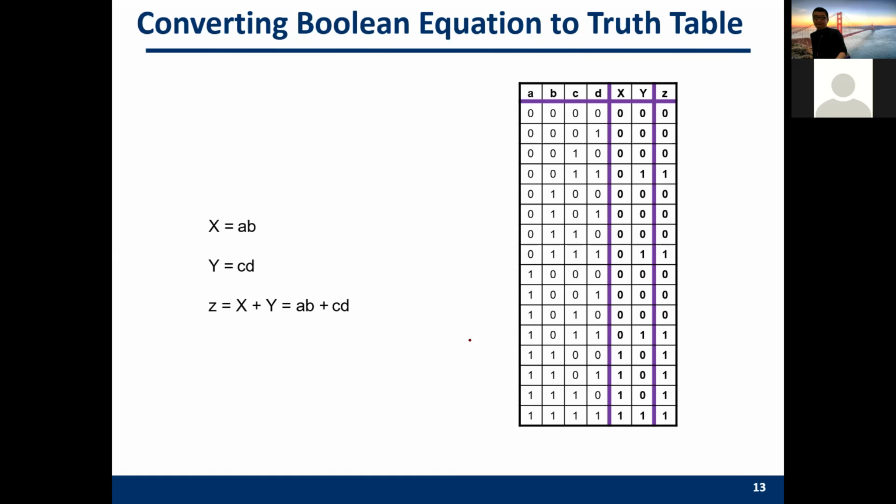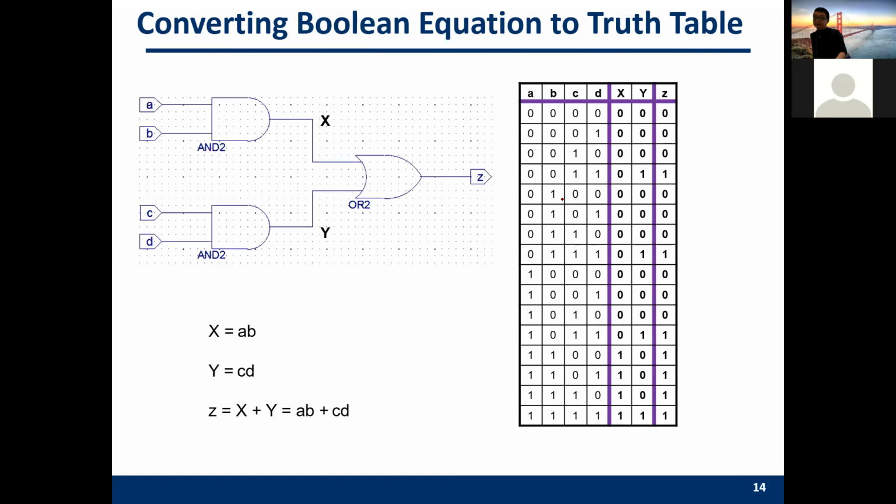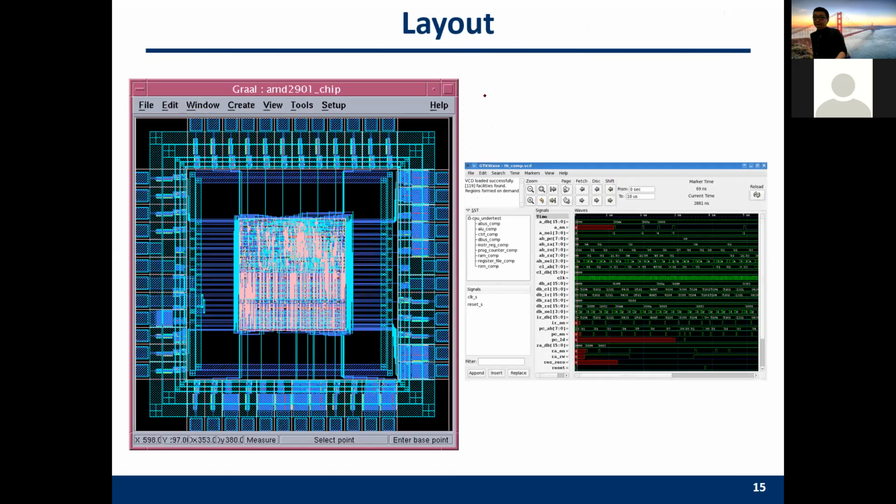So we just did a 2-direction conversion between the circuit and its corresponding truth table. Basically, the circuit and the truth table are equivalent, so they are the same. And besides the FPGA, we introduced the FPGA which directly stores the truth table. Besides the FPGA, we can also synthesize the truth table into some